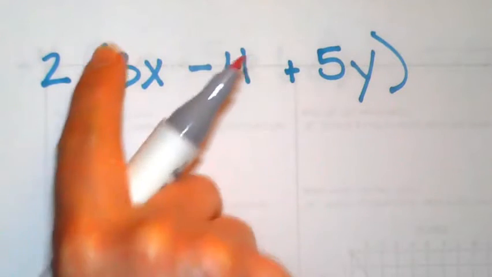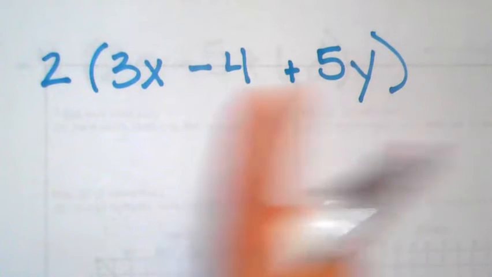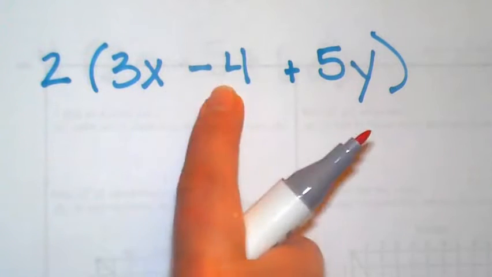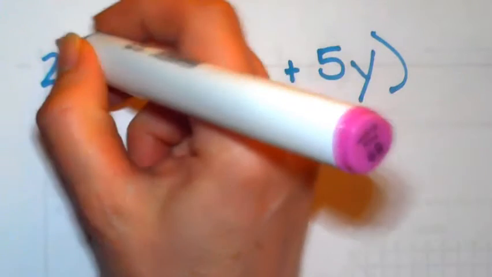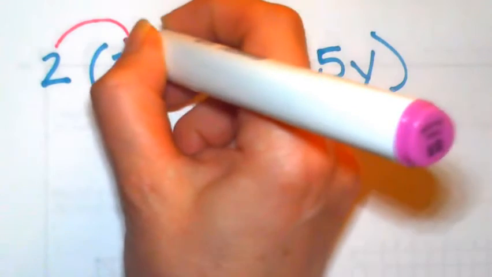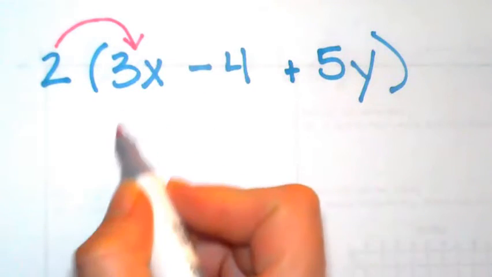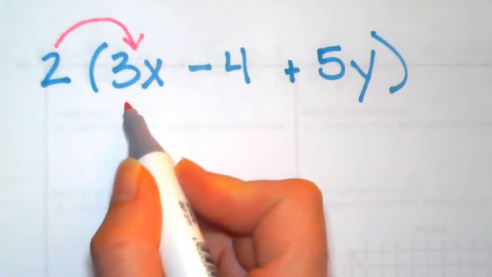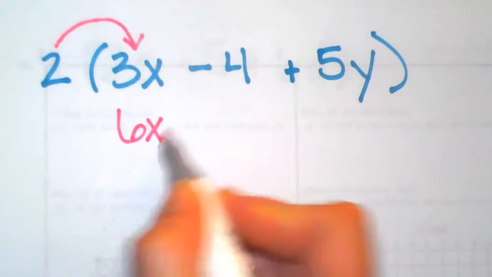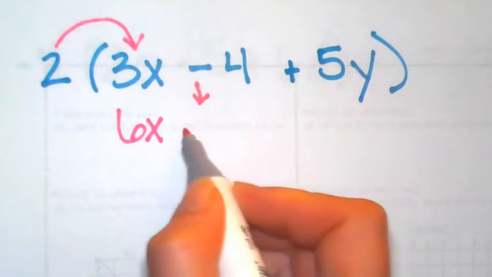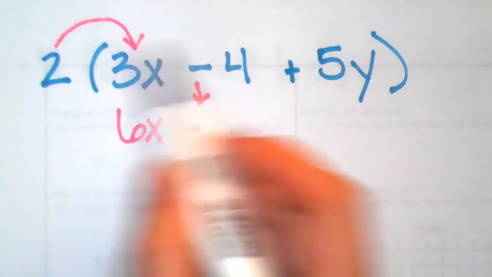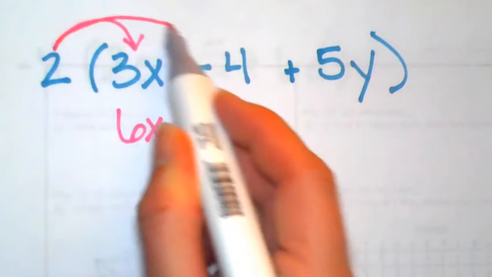So again, we're treating the parentheses like a house. And the 2's coming in, and it's got to say hi and multiply with every term in there. So first 2 comes in, says hi to 3x. 2 times 3x is 6x. And whenever you have a plus or a minus, it goes down. 2 times 4